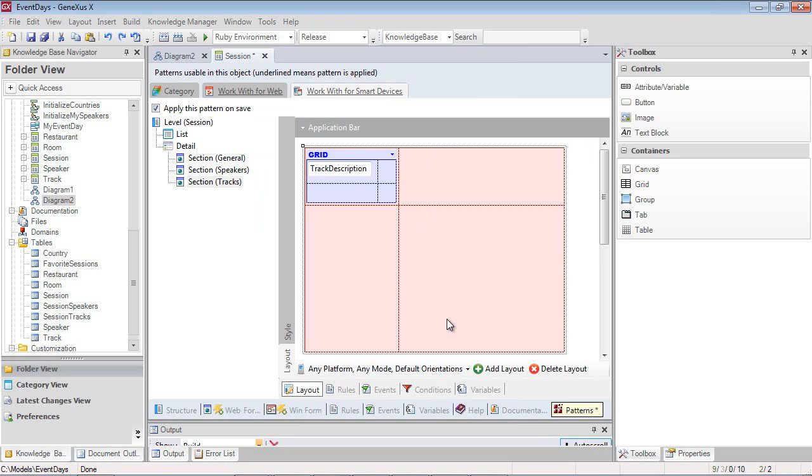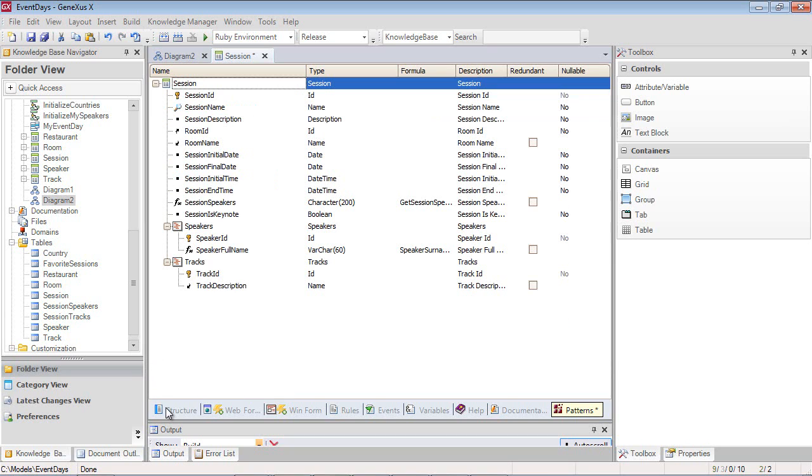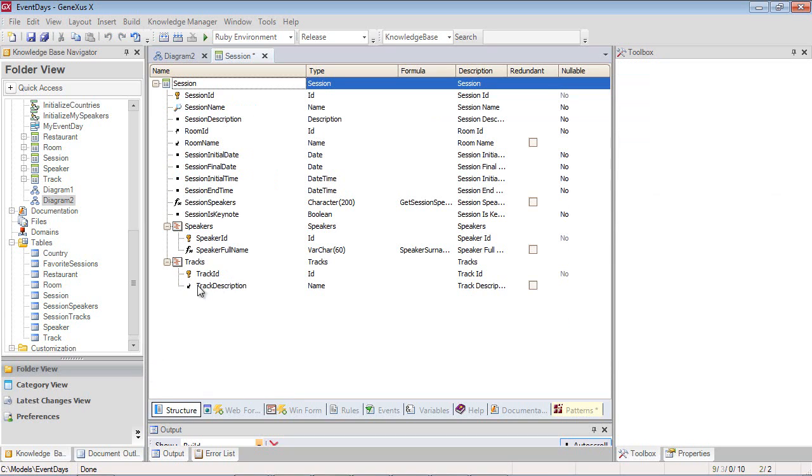Just like in web panels, the attributes displayed in the parm rule will not participate in determining the grid's base table. Therefore, if it's the only attribute included, the base table found will be tracks, and it won't be the desired one. The desired table is the one corresponding to the second level of the session transaction, that is to say, the relationship table. In order to filter precisely the tracks of this session,